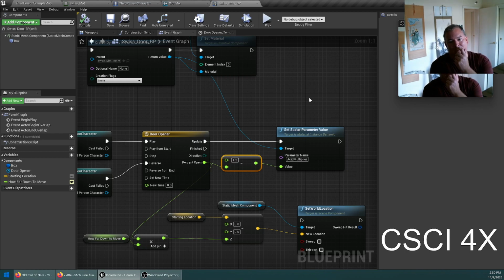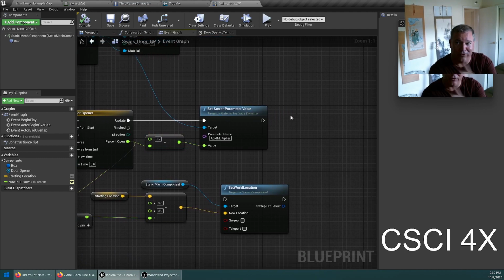So maybe when it's fully invisible, we just move it below the ground or something, or set its collision to be off or something. Let's see if we can mess with this. Okay, so